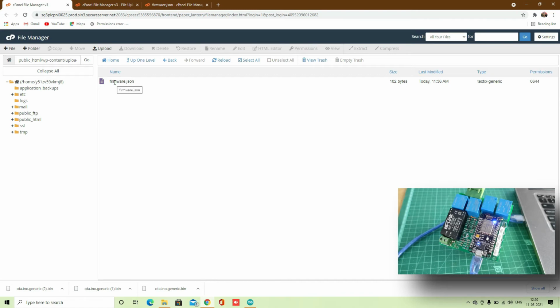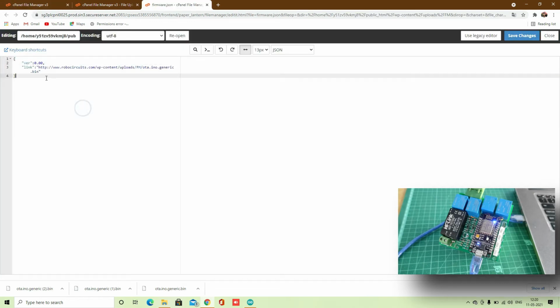On our website, we have made a firmware.json file in our same folder, which is our FM folder. On this file, you can see we have our version, which is 0.00, and a link to that version.